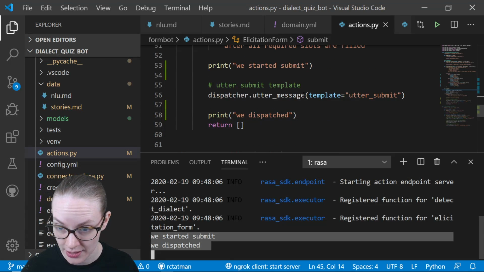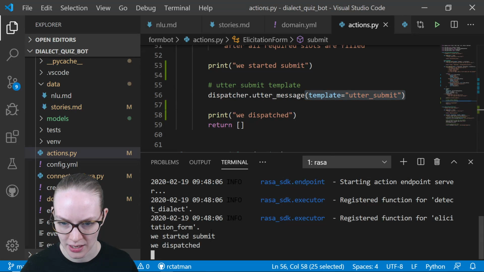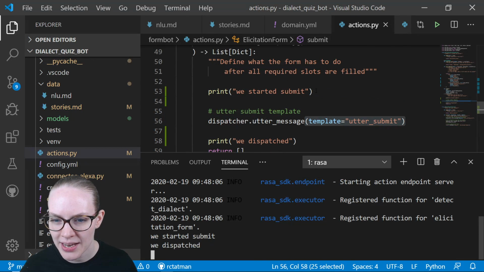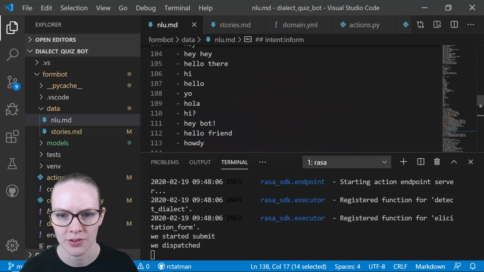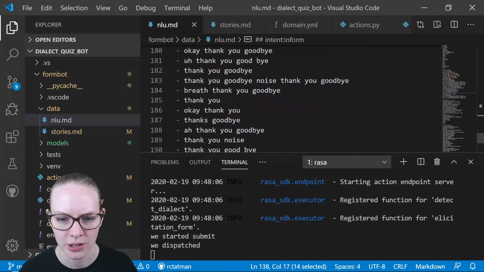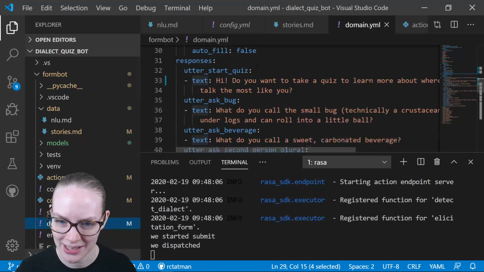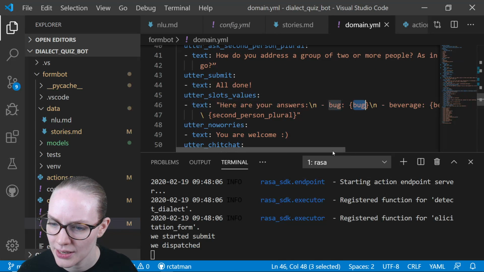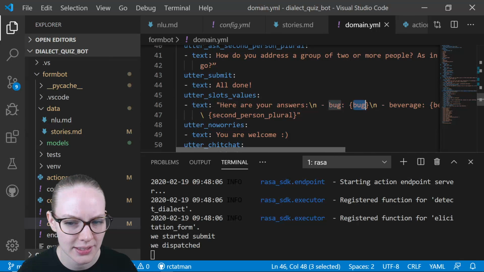It seems like the problem is with this utterance template, I guess, because it should utter slot values, yeah. And then if we look at utter slot values in our domain file, there we go. Yeah, here's the slots. Interesting. Okay, so